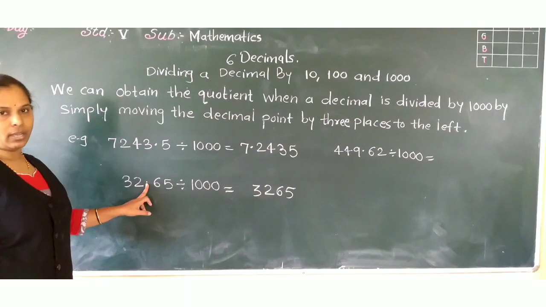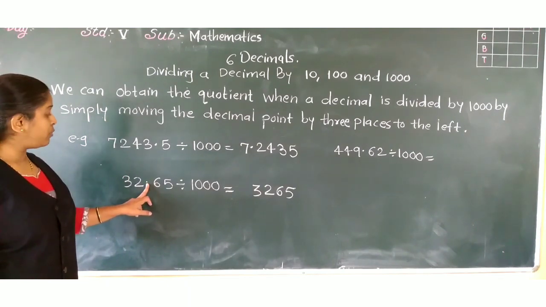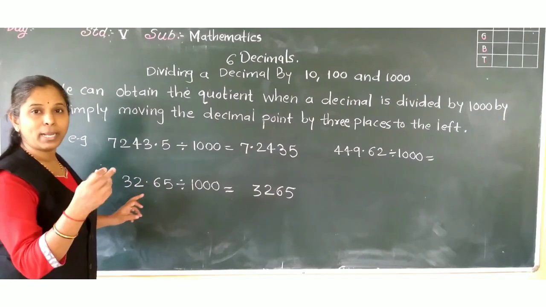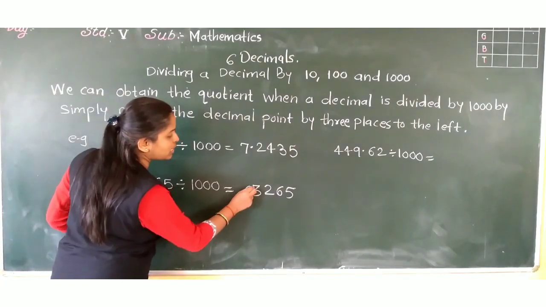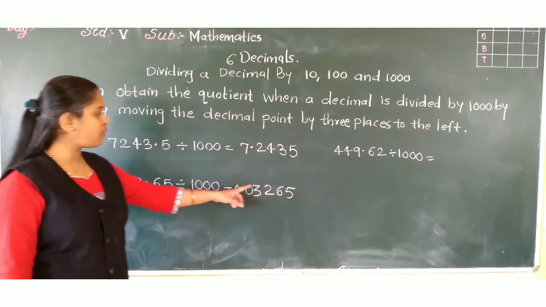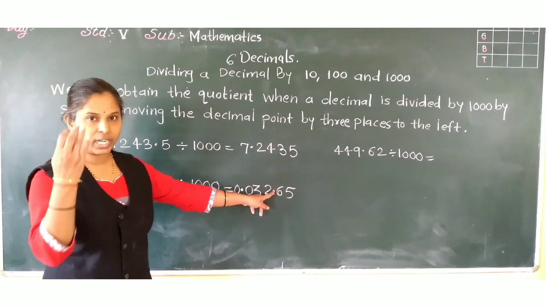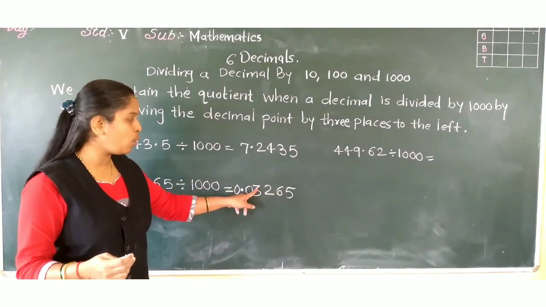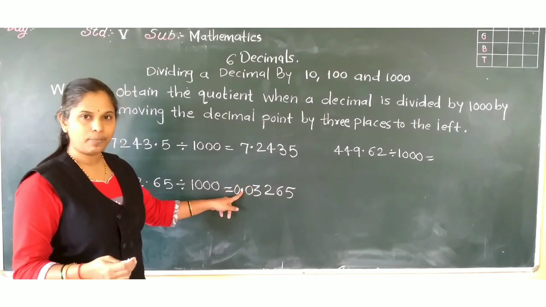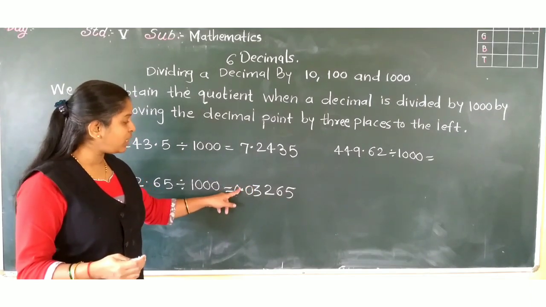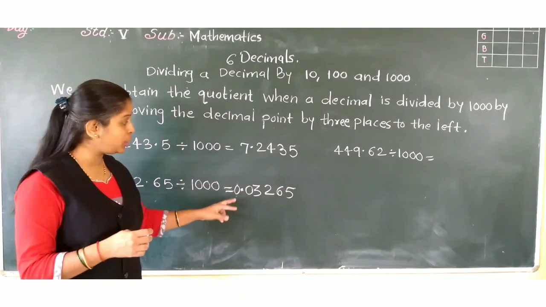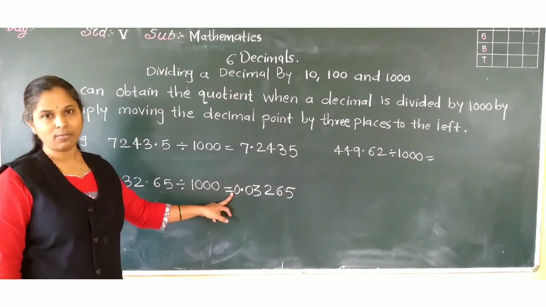Okay? Here, see here, this number write as it is. Where is the decimal? Here. Now we have to shift it three places. So 1, 2, but here the third place is not there. So we have to put 0 and here it will come. Got it? At first where was it? Here. So we have to shift three places. But see, only 1, 2 places are there. So for the third place you have to write 0 and put the decimal. And after that also you will have to put 0 because the whole part is not there. That means we have to mention 0 here.